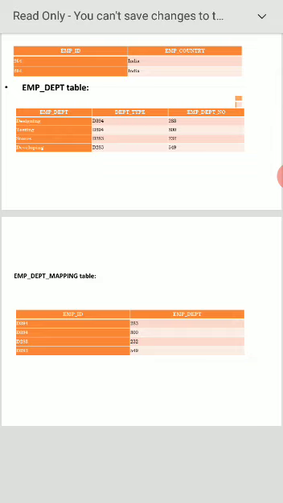Sometimes in the above table, I just want information about the employee country table. You go to the employee country table, and you get only that information. Suppose I want the employee department information, you go to the employee department table.